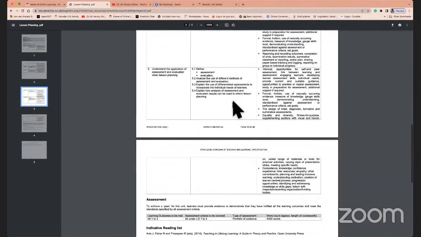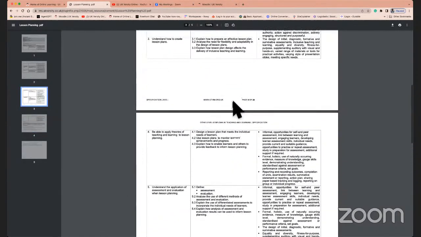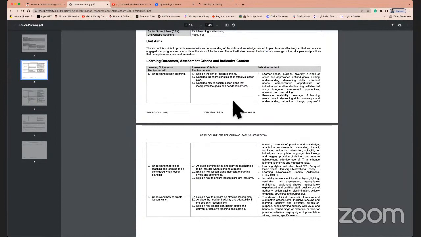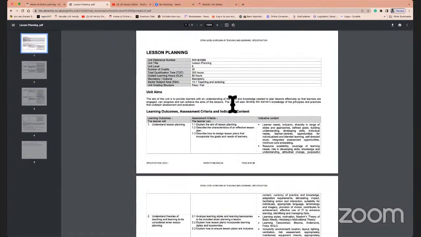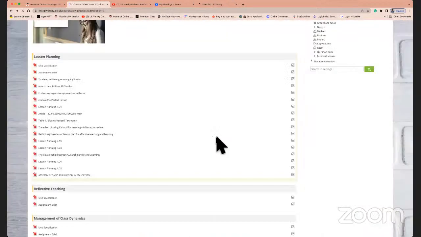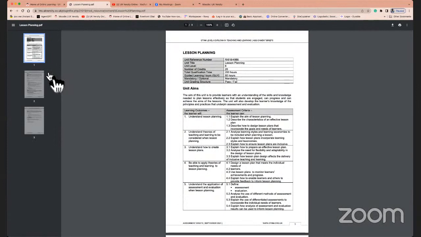The reason we have done this is because we use it to create presentations. We will use this to look at teaching and learning, and we will ensure that the unit material you're going to study for that particular unit is modeled and based on what the awarding body is actually asking you to study. So this will always be a PDF document, version controlled by the awarding body, and it's called the unit specification. After that, you are going to see the assignment brief.